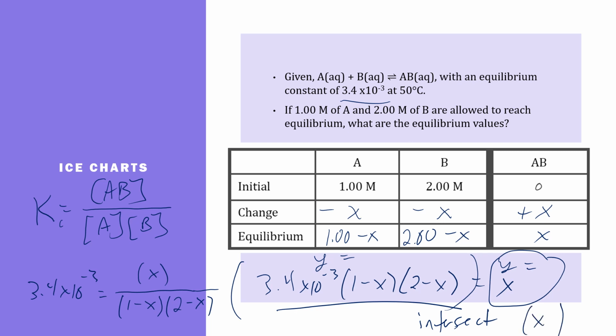I think that's probably the way that more students will understand how to do it. There's also some calculators that will have a solver function where you can plug in and it'll solve the equation for you. So that's a possibility as well. But I like to use the graph function because it's a very visual and easy way to see that this is what makes the value true. So if we do all of that, we will find that x is equal to 0.0067